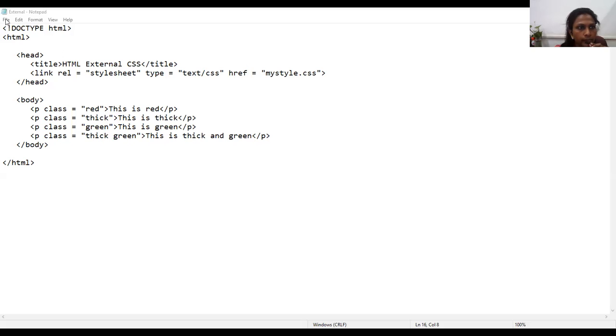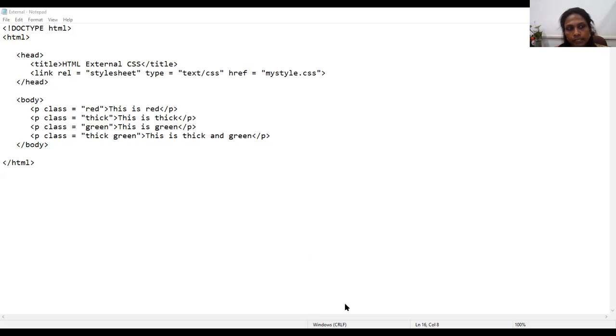The first file is saved as a .html file, with the link tag referring to the external CSS file. And then we have the other CSS file, which gives the presentation styles, which you can see as mystyle.css. We execute the HTML file in the browser, and then we get the result.